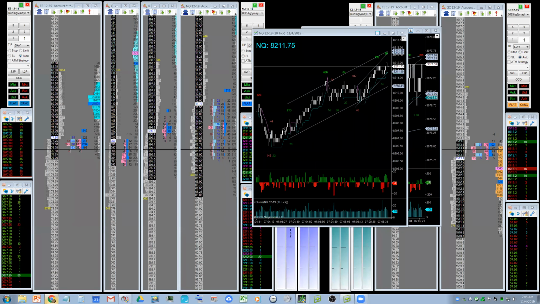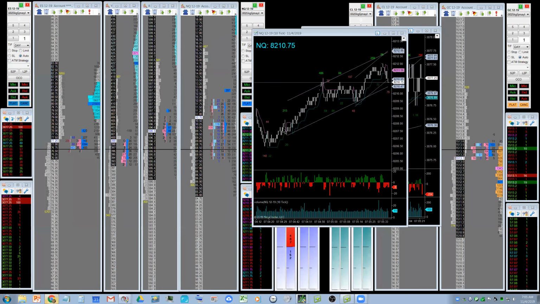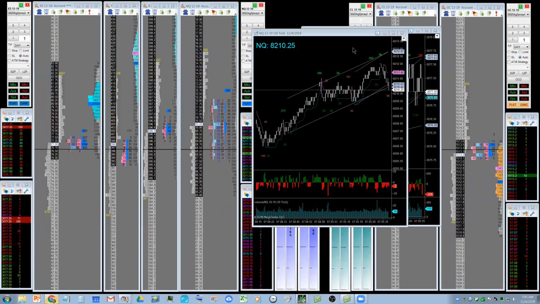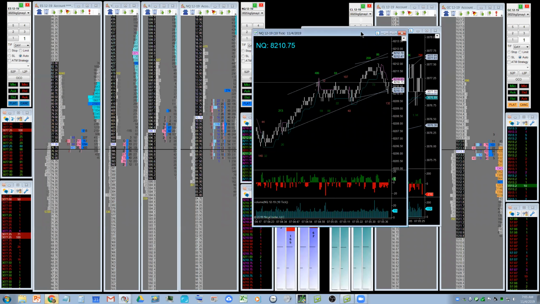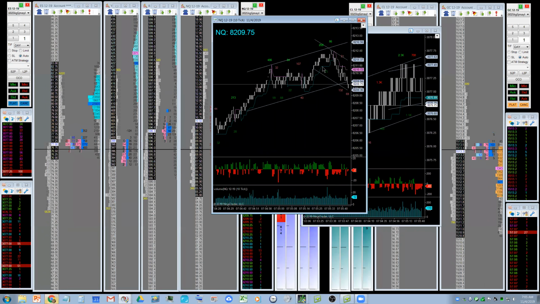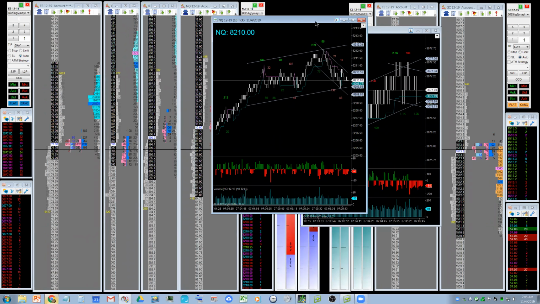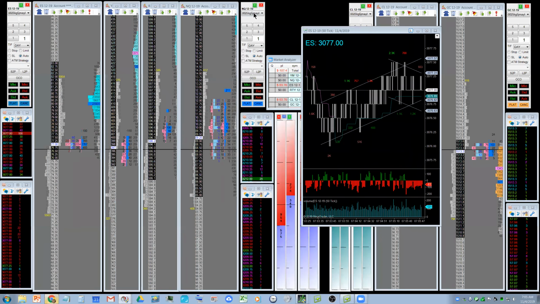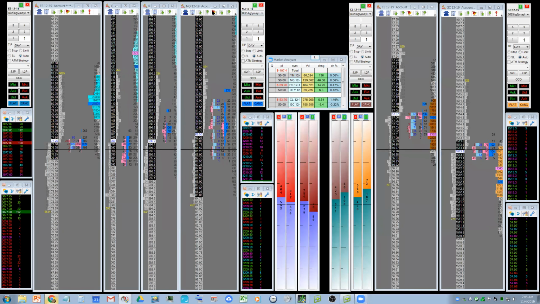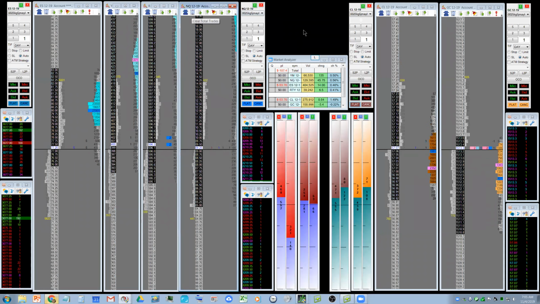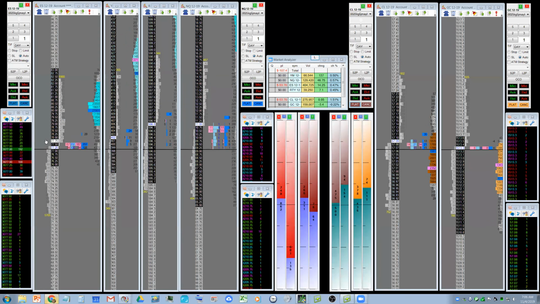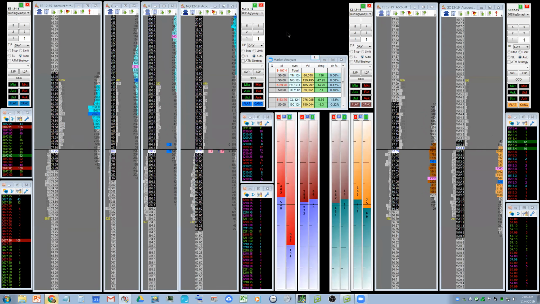Would you long scalp from here? Maybe. I would have tried it down here before I tried up here where we are now, since we're getting this kind of reversal behavior now on the fast LRC. But, I'll tell you what, guys, I don't want to blab all day. My decision today would be to do nothing. I have plenty of things to do. I would probably just set some alerts and have them go to my phone if we get here or here, and call it a day. That's what I would do to answer your question.